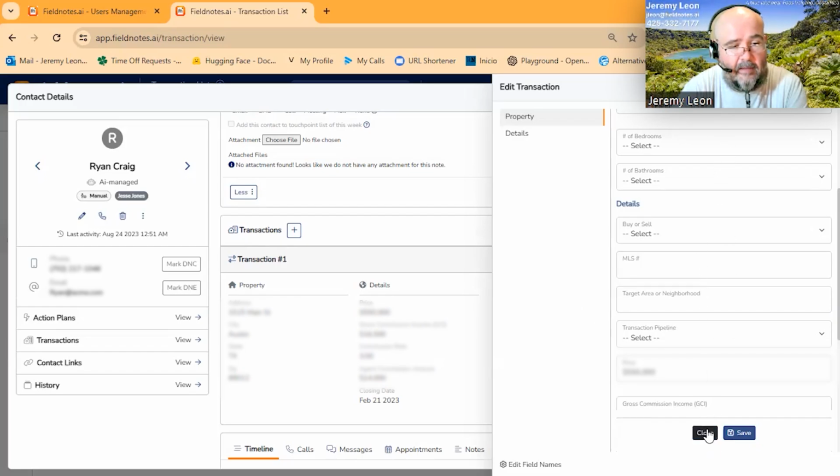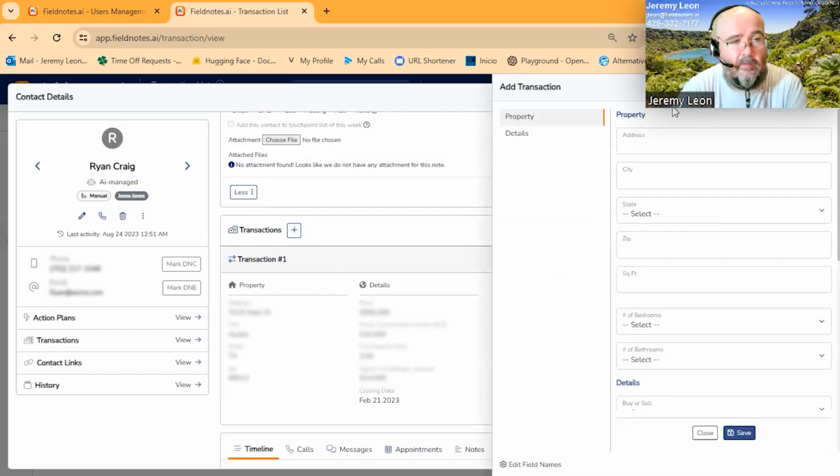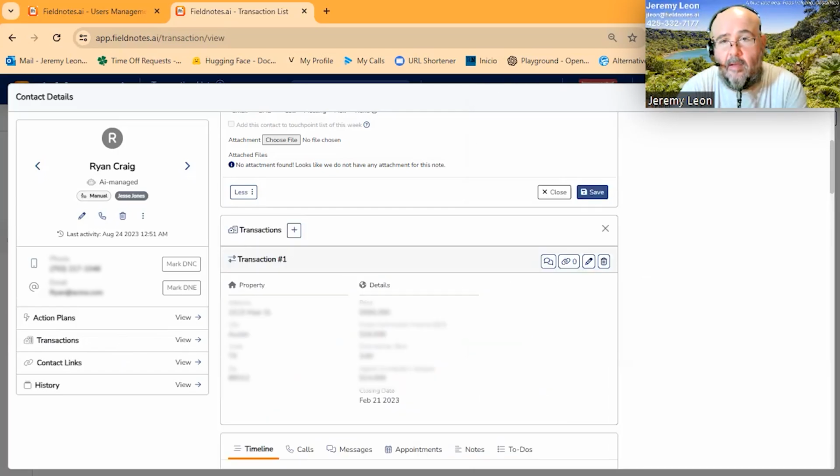So this is where you could edit the transaction, but if you needed to create another transaction, you could do so by just hitting the plus button after hitting transactions over here. If I'm going too fast and there's any questions, right, Tyler, Martin, feel free just to raise your hand or turn on your mic and just let me have it. But yeah, any questions, I'm also here to help answer any questions you guys might have in regards to this topic. So this is one way you can find